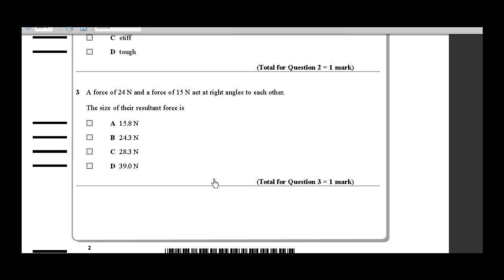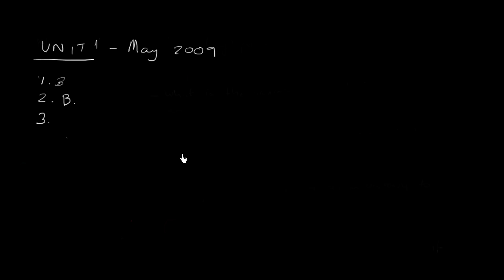Okay, a force of 24 newtons and a force of 15 newtons act at right angles to each other. So the size of the resultant is, so I need to get the calculator for that. 24 and 15 newtons are at right angles, so I can make a diagram of that. 24 and 15, and they're asking us for this one, which is the resultant. And we know from Pythagoras